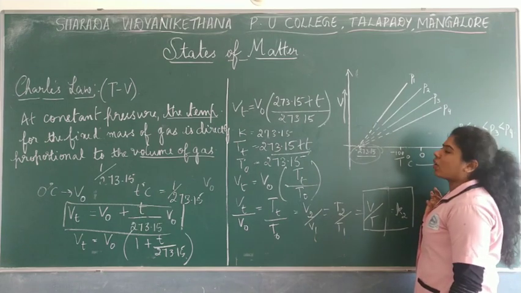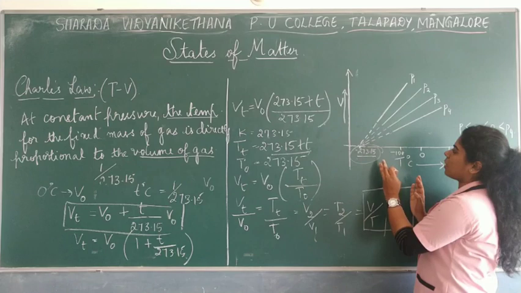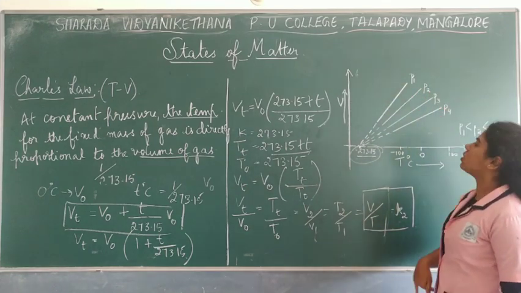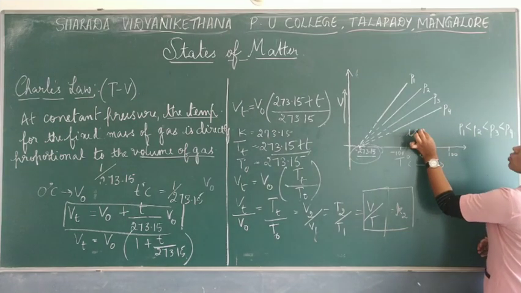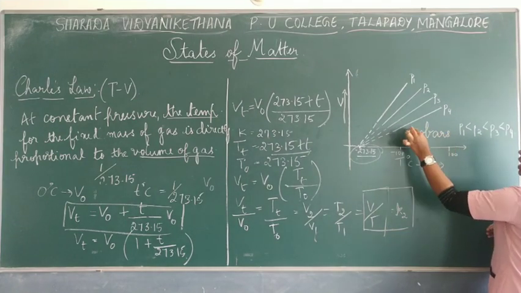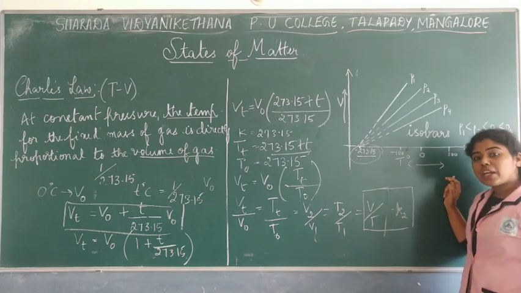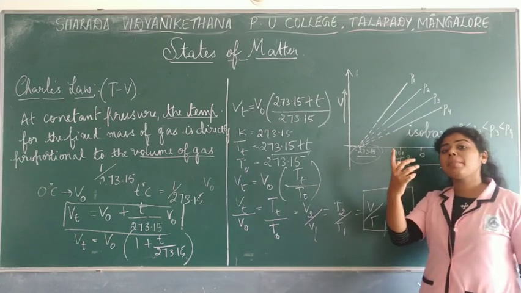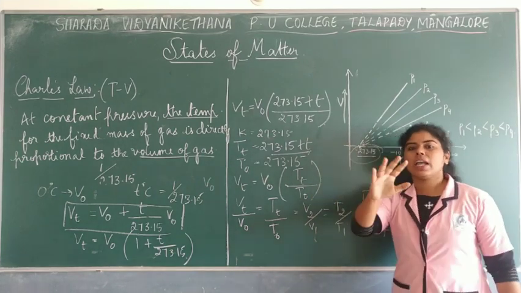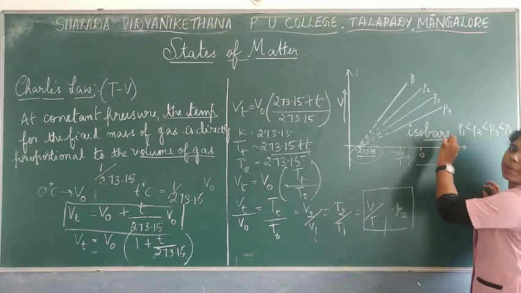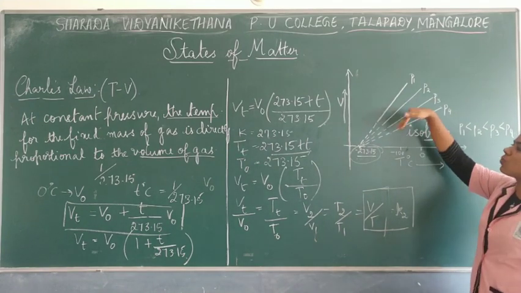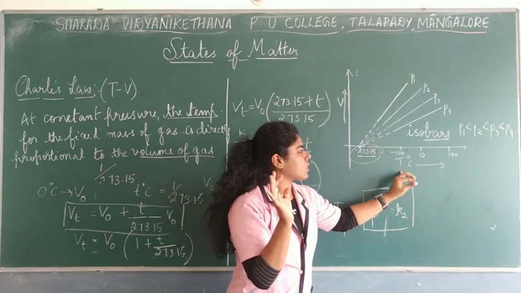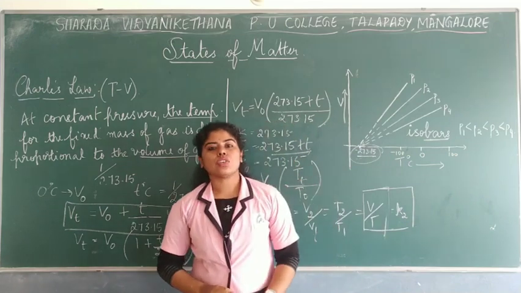273.15. Okay, so this is about the graphical representation, and these lines which you obtain when the pressure is kept constant are called the isobars. Remember this? In Boyle's law, when you keep the temperature constant, those curves are called the isotherms, because there it is temperature, thermal, isotherm. Here it is isobars, where pressure is kept constant. So these straight lines which you obtain when you graphically represent the volume versus temperature are called the isobars.